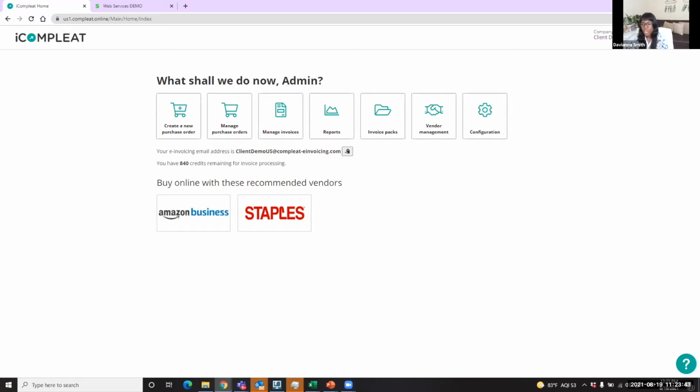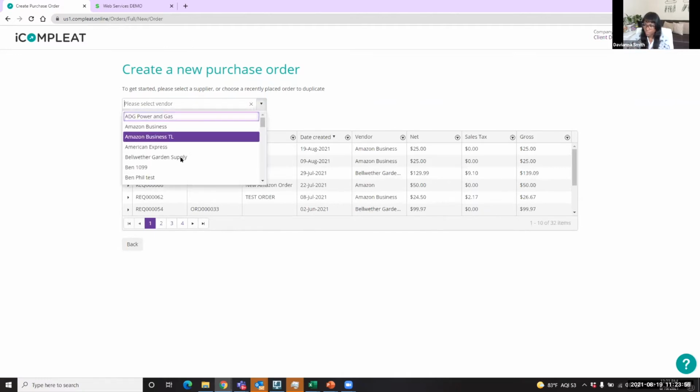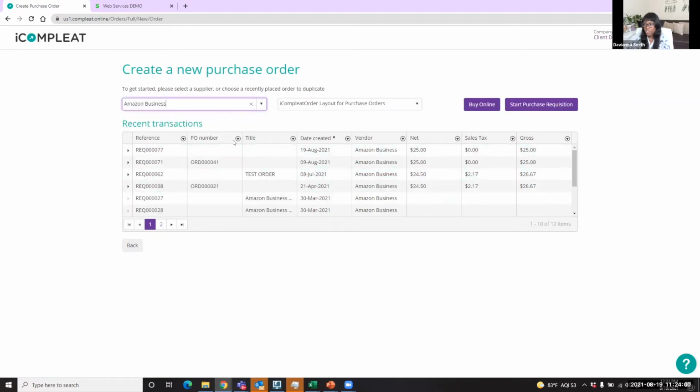So we have two different options in which you can create a purchase order within iComplete. You can actually choose from any number of vendors that we've synced from Sage Intacct. So for example, I can choose Amazon in this case. I can choose a template. So these are orders that have already taken place, and I'm looking to duplicate that particular order. So I can actually choose from a template, or I can start from scratch and I can create a brand